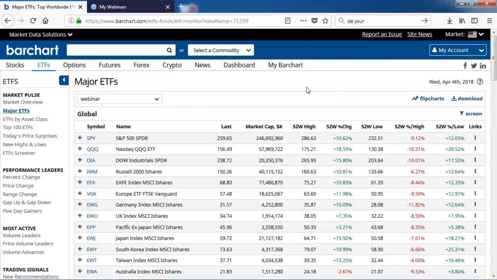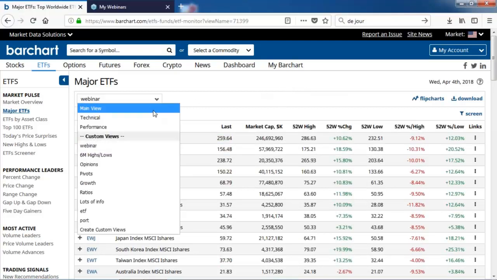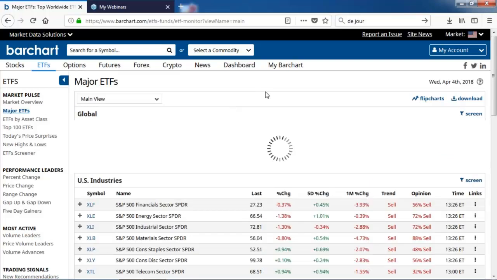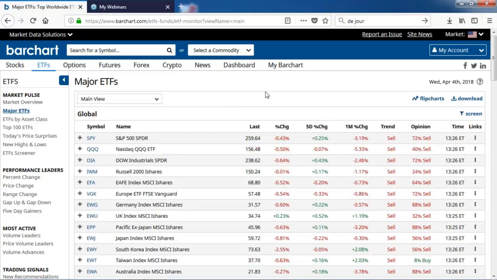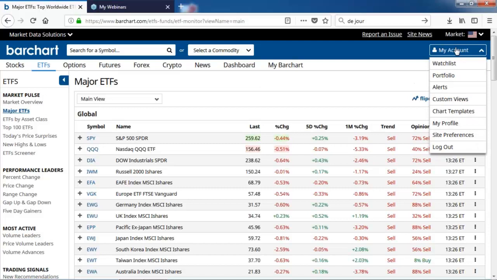So here in our example, we've got our default setup. If we go back to the main view, here you're going to see the data for an ETF. So there are some ETF specific data sets that you could get. Let me just show real quick.